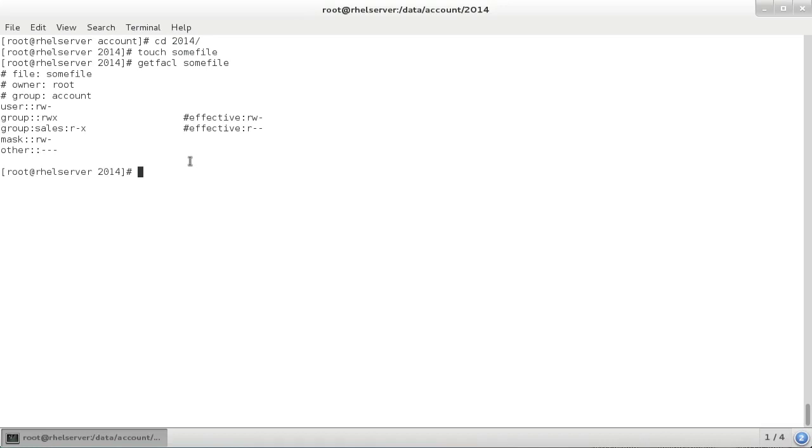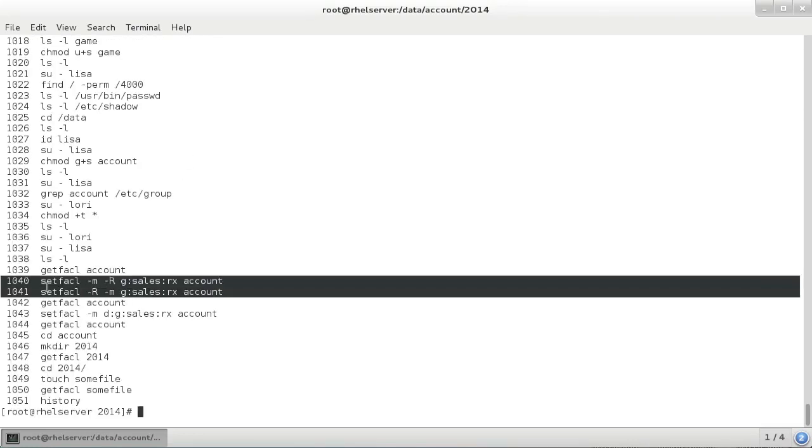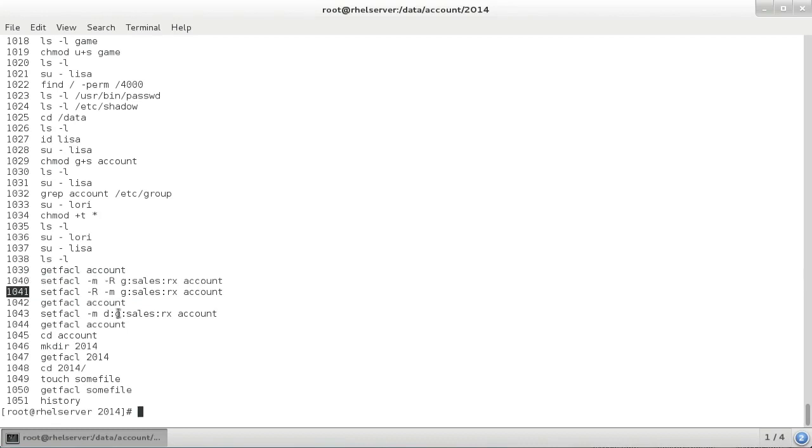many other things. So okay, what you need to remember about ACLs is that when setting ACLs on directories, at any time you need to use two commands. The first command is, let me do a history on that. The history command gives you a list of all those commands that you have typed. The first command is this command number 1041, which takes care of existing items in the directory. The second command is command 1043, which takes care of any new items that will be created below this directory.